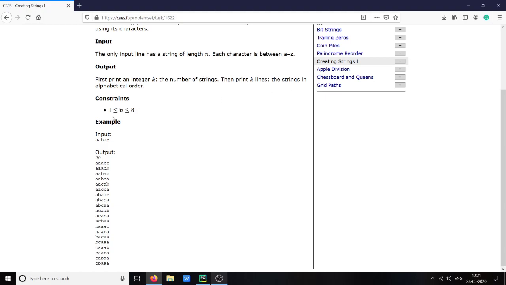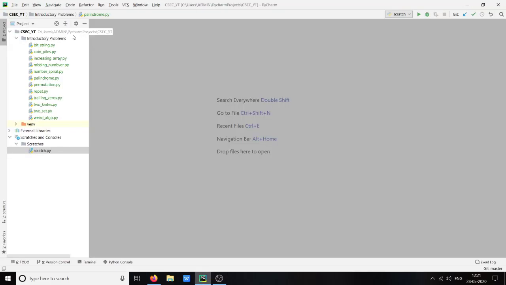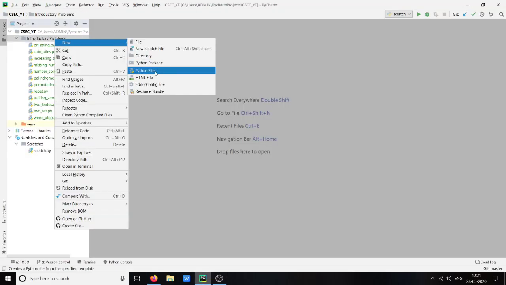Okay. Here what we have to do is, if we get an input aabac, we have to print the number of possible permutations of this string, which are these, and the total number of permutations. So here what we will do is